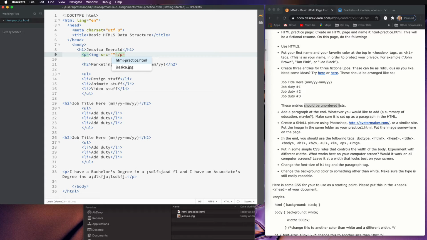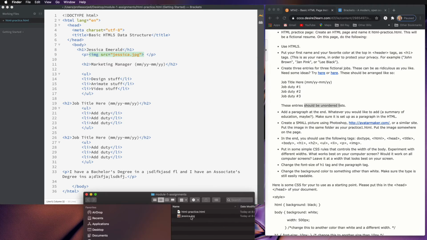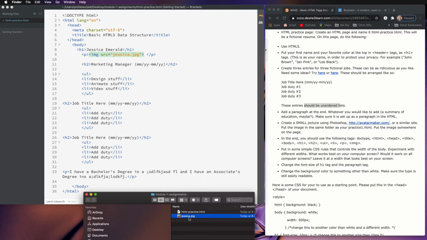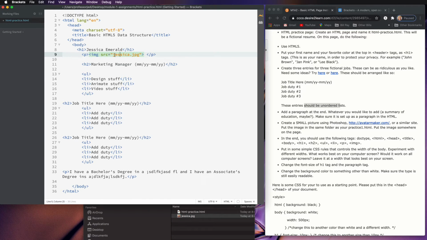And then we're going to choose Jessica. And notice, it tries to help you, but sometimes it's tricky. So the quote has to go around the name of the file. If I accidentally put JPEG and it's actually .jpg, it won't show up. If I only put one S by accident, it won't show up. If I change this file name after the fact to Eddington or instructor.jpg, it won't find it because it's looking